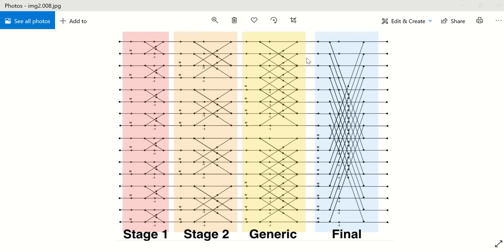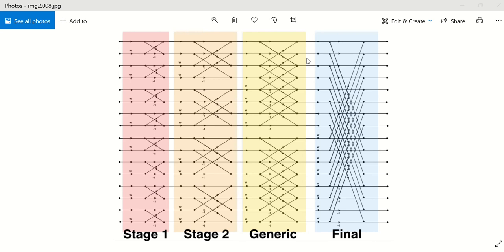The basic idea of the fast Fourier transform is that if you have a 32 sample sequence, or rather an n sample sequence, it will be divided into n by 2 even half and n by 2 odd half. Then the n by 2 even half is divided into n by 4, n by 4, and the other n by 2 odd half is divided into n by 4, n by 4, and so on. This is a tree structure division of the complete number of samples, which is then given to a butterfly model.